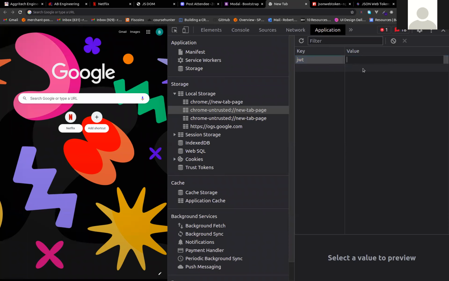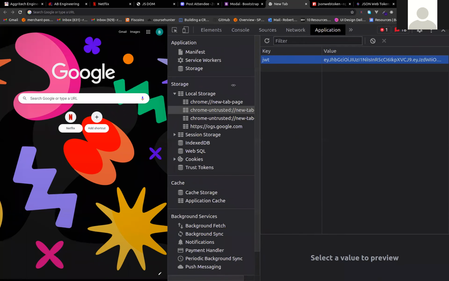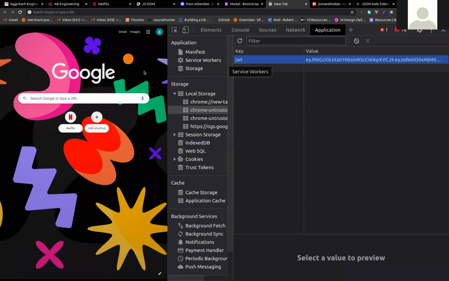Edit value. Okay, so this is how it is. You do this in your code, not manually here. You write code to collect this JSON Web Token and store it in your browser. So this is one use of the local storage. Another use of the local storage is